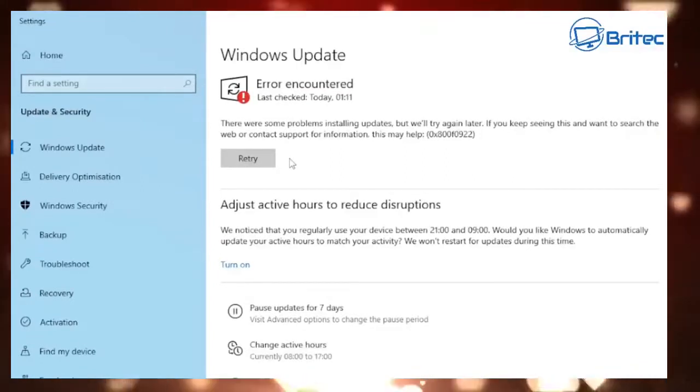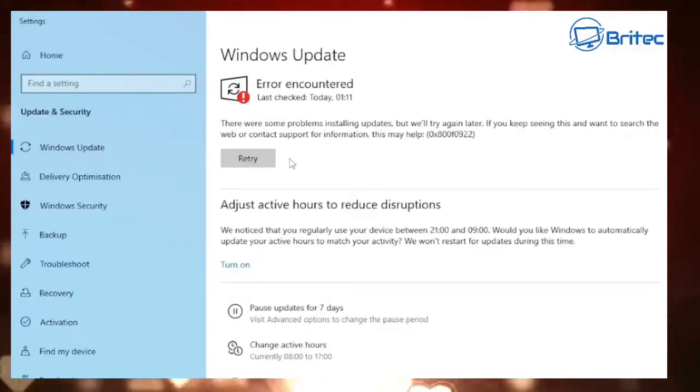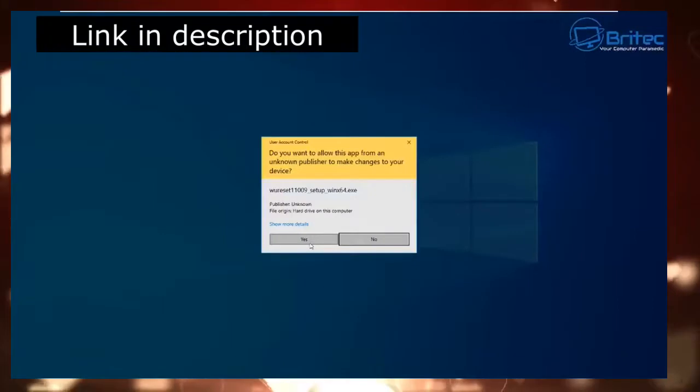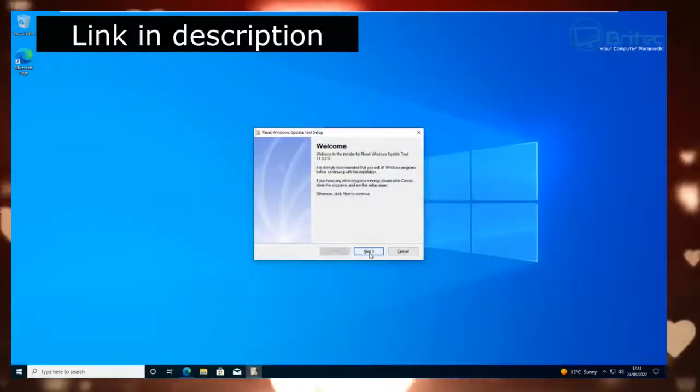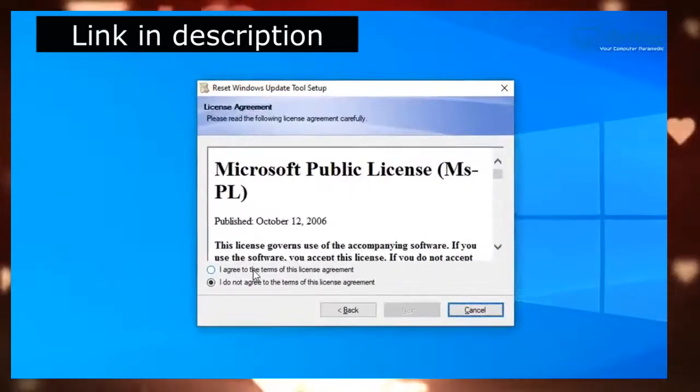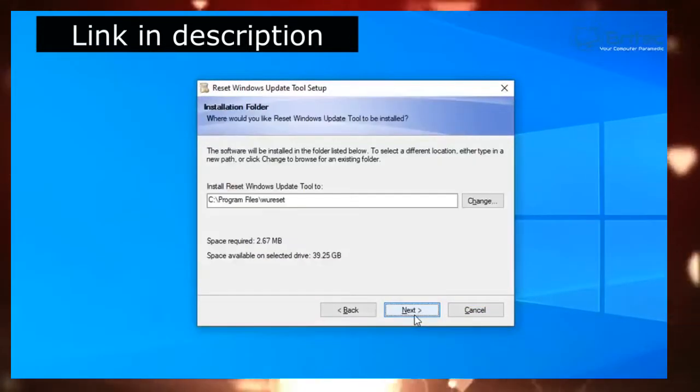So you can see here we've got 0x80010922. That is the error code that is happening on his machine, and that's what we're going to be fixing today. I'll show you basically the steps we took to try to fix and resolve it and get it installed onto